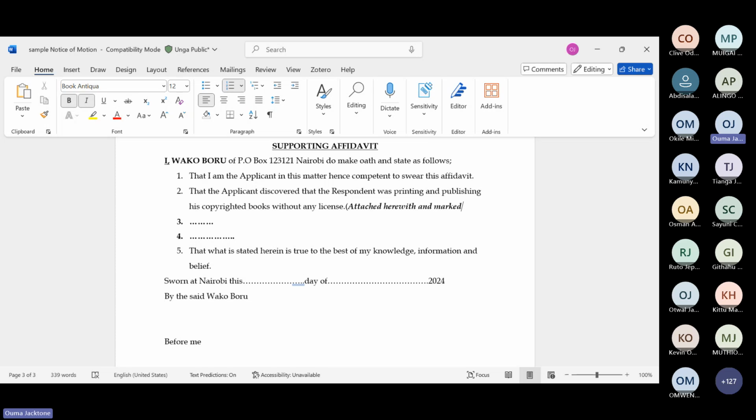Assuming this was a company, and you're saying that I've been duly authorized by the company to swear this affidavit on their behalf, you have to produce evidence of that: attached herewith and marked WB1 is a copy of the letter of authorization. So you have to produce evidence, documents produced before the court. There are ways of producing documents in court.